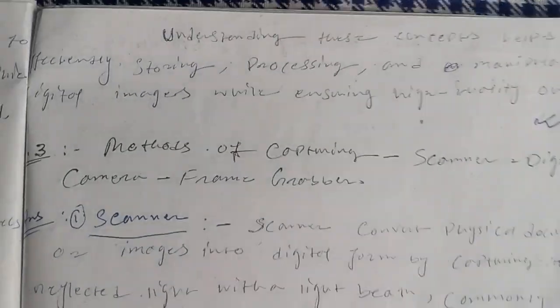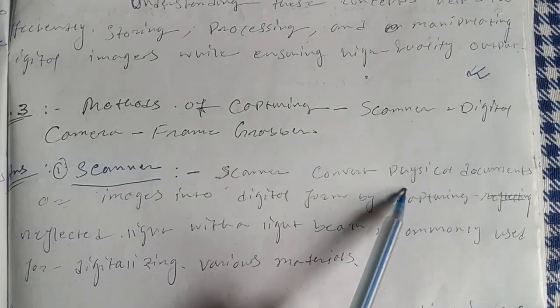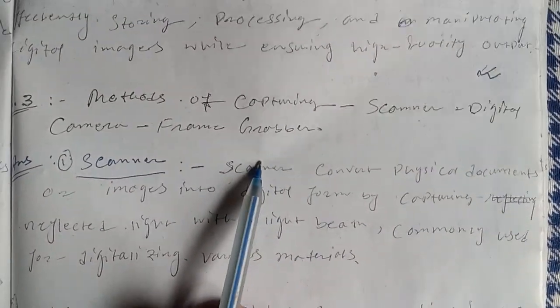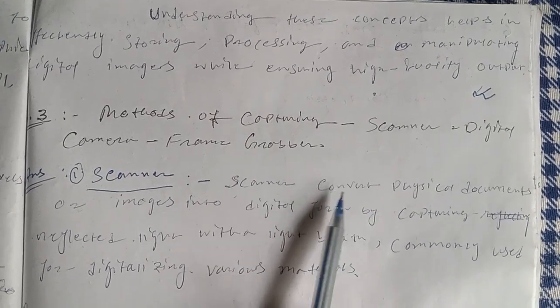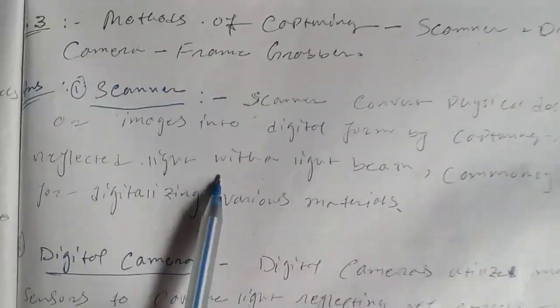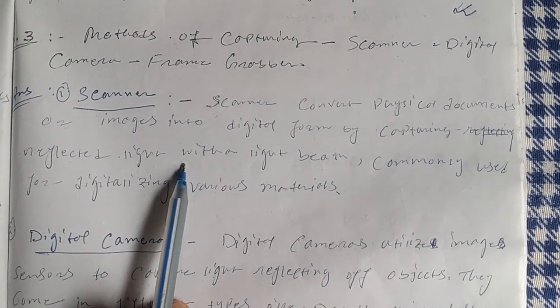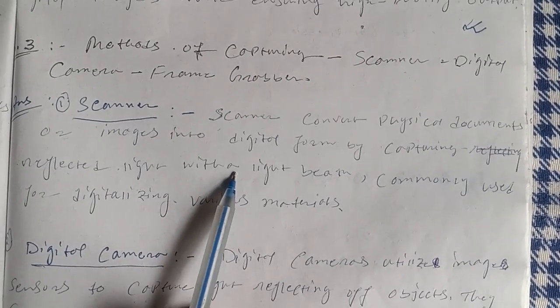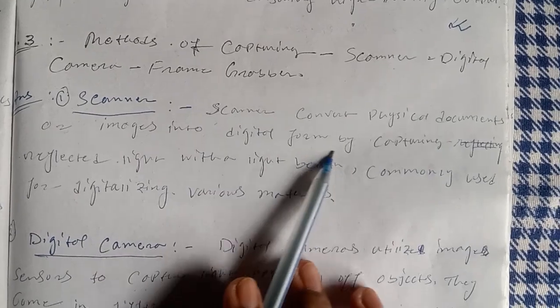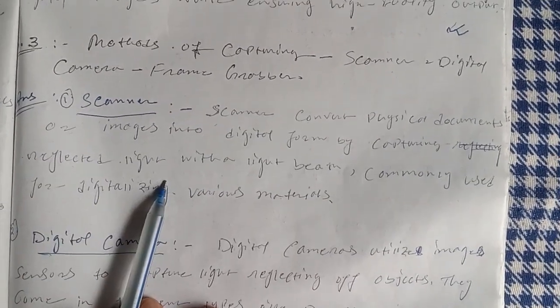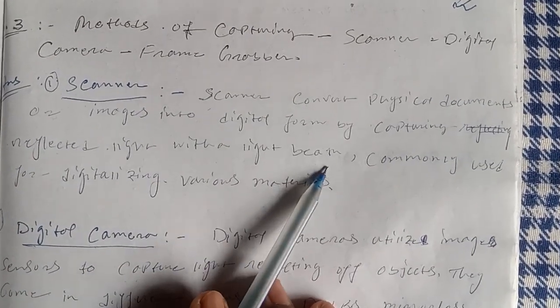Then, methods of capturing: scanner, digital camera, and frame grabber. We will discuss the three types of methods for capturing. First one is scanner. How can we capture with the help of a scanner? The scanner converts physical documents or images into digital form by capturing reflected light with a light beam, commonly used